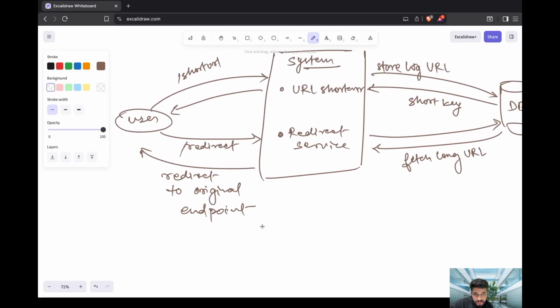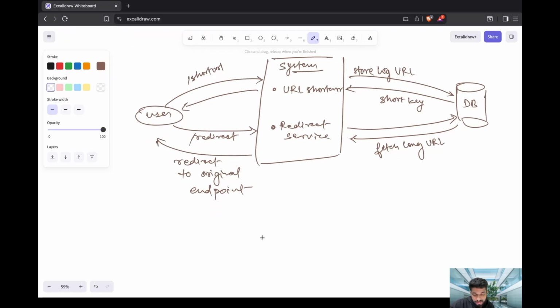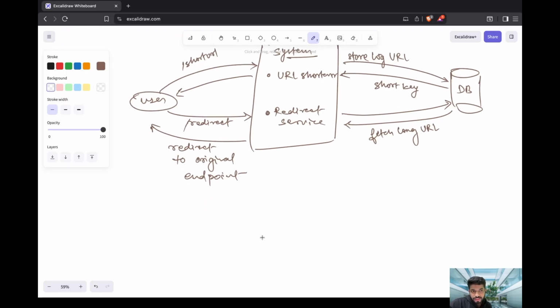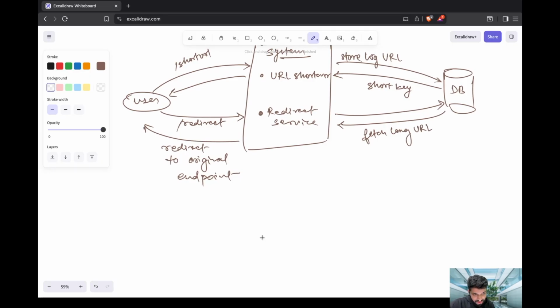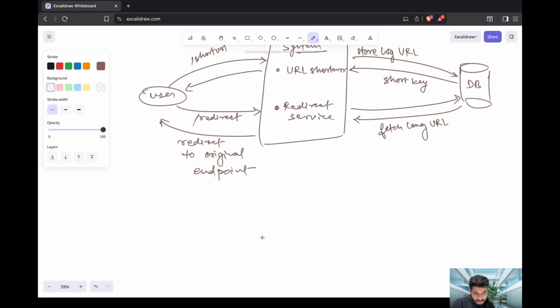Okay, that is clear. Now, there is one more thing: if you are redirecting, then the status code will be either 301 or 302. 301 is permanent and 302 is temporary. This will permanently redirect to that particular site and won't be able to get enough